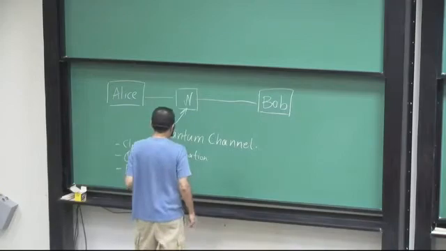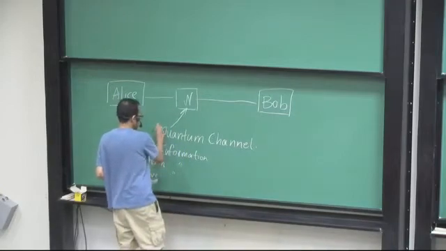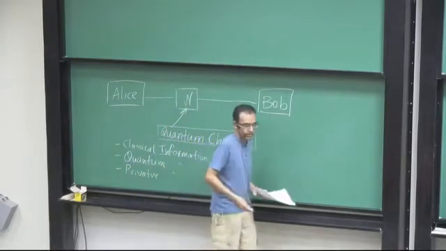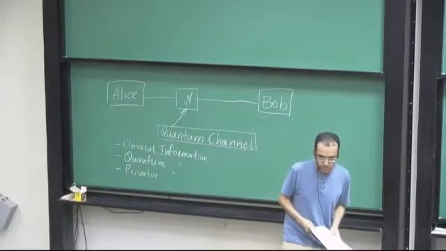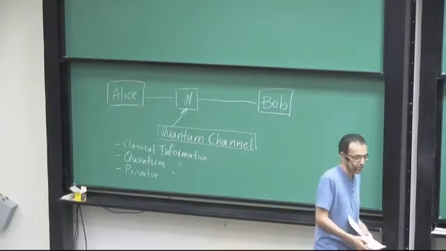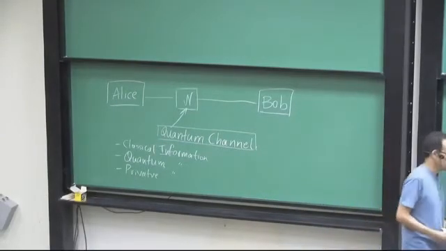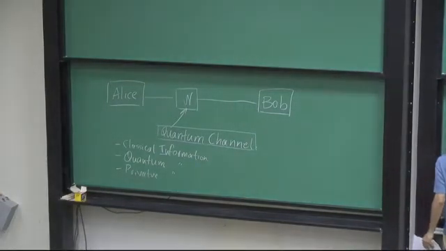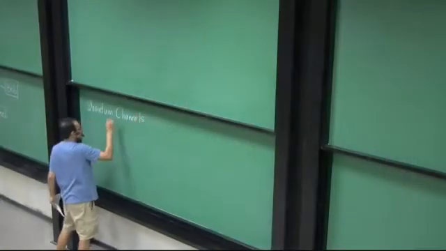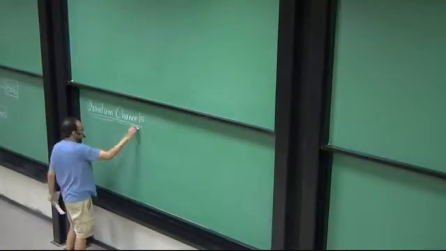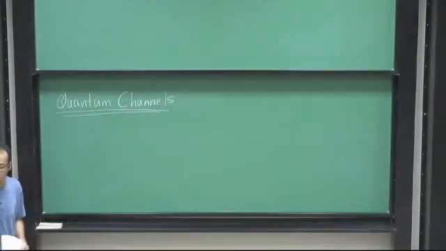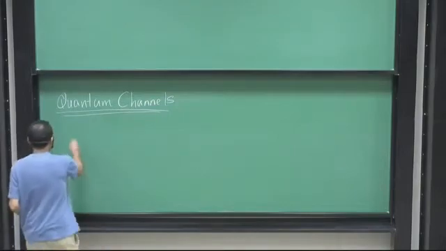Okay, so let's start by going through what a quantum channel actually is, so in a more mathematical sense. So depending on who you ask, a quantum channel could mean different things to different people. I would say that at the most basic level, a quantum channel, if you ask a physicist, is simply something that describes the physical evolution of a system. So from a physics point of view,